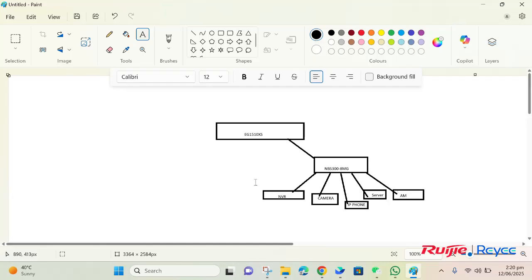Now, for example, if you want to access all these devices, the LAN network, from the outside of the network, for example you are at a remote site and need to access an office network, any site network,